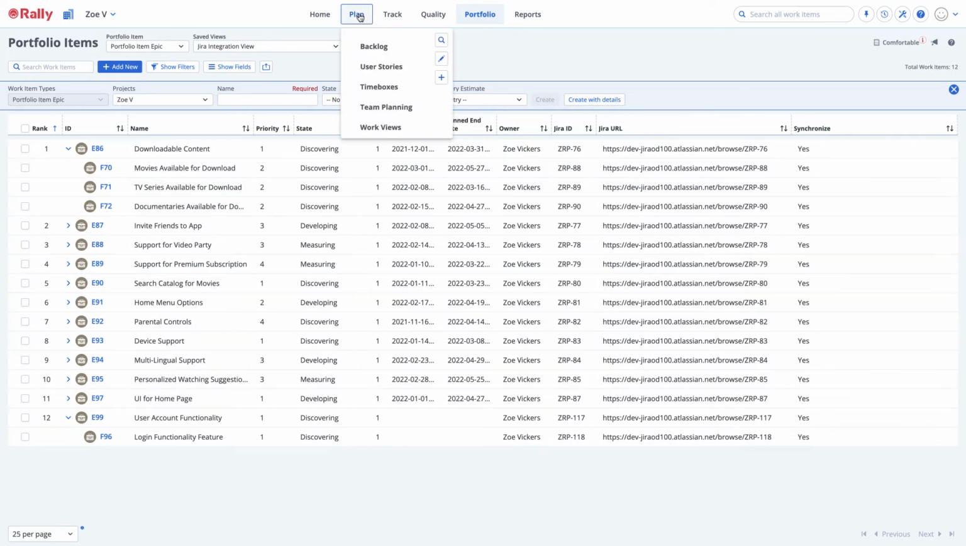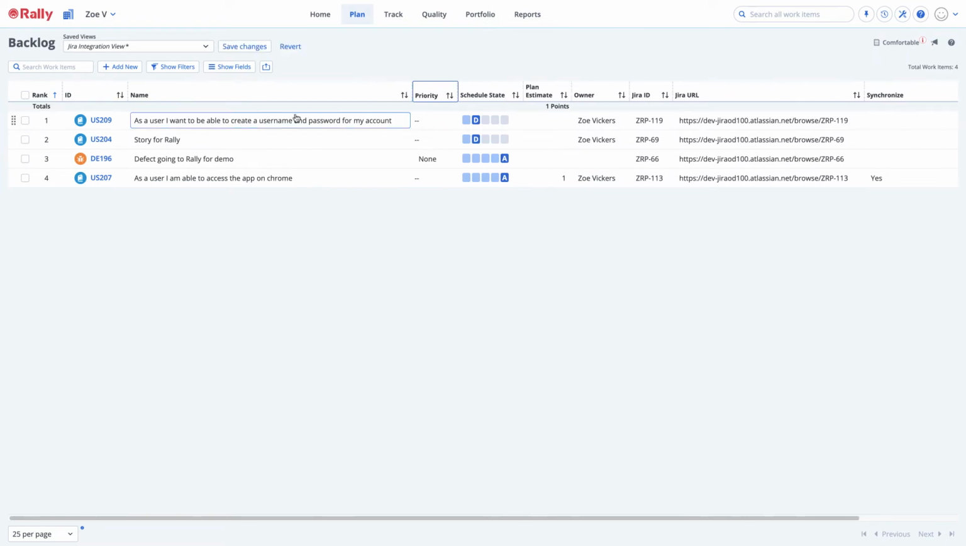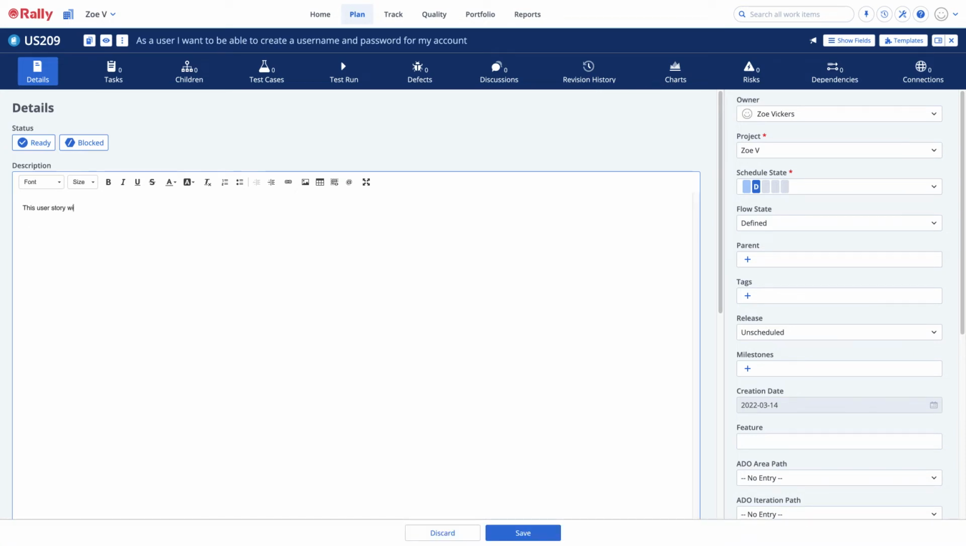First, let's go over into my backlog. And as I go into my backlog, we now see that at the top of my backlog, as I expand it, we see that this is a user story that I just created. We also get to see the Jira ID and the URL. And as I drill in, I could start adding more information. So for example, I could say, this user story will create the functionality of entering in a custom username and